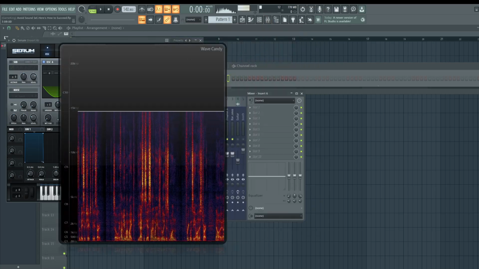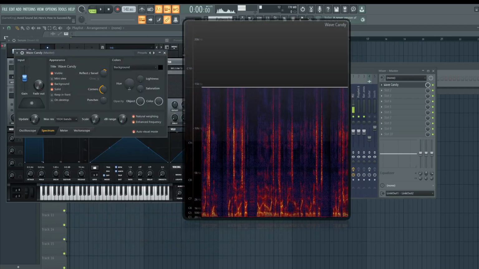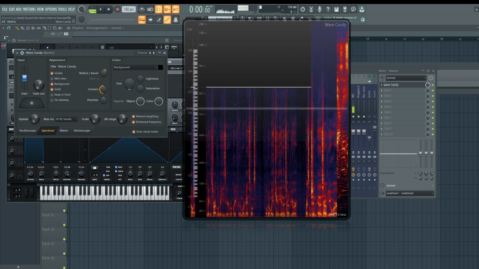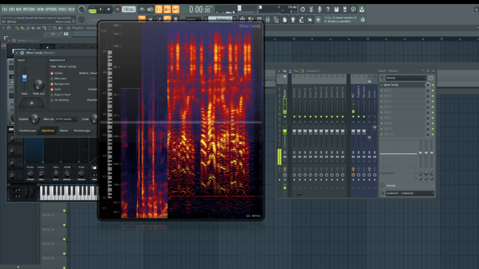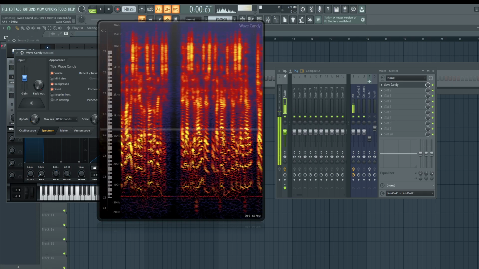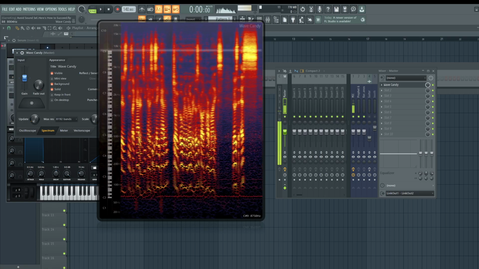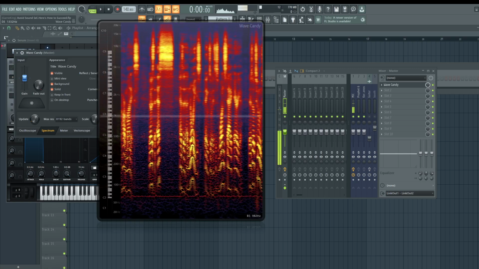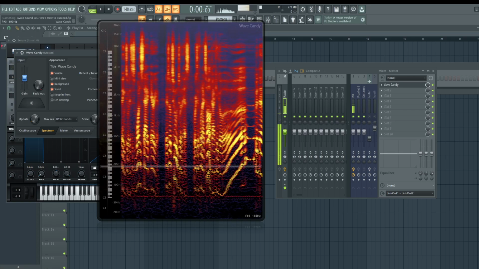chart. Now, another way to make this chart a little bit easier for the more advanced folks, open up Wave Candy and then turn up your resolution and then turn up your scale so that you can see the lower frequencies. So my voice is made up of tons of frequencies. As you guys can see, there are patterns, you kind of see the same pattern showing over and over. Those are called harmonics. Notice the S has a noise thing to it. It's just one static area. There's no tune to an S, whereas when I talk, I can go up and down in pitch.